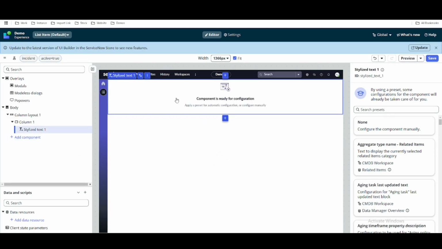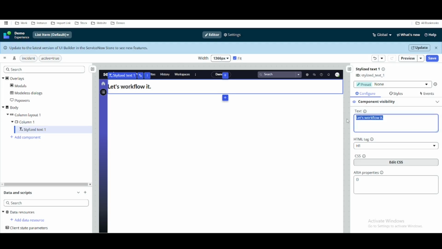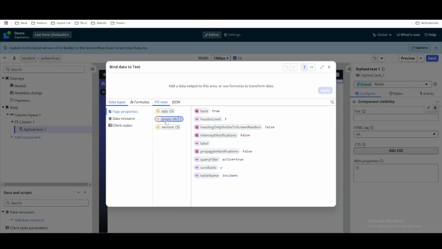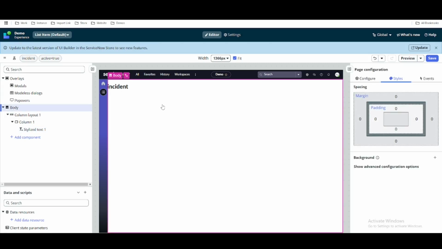Now the first thing is that this is the stylized component. In this stylized component we want to put the table name, so we'll select none here, and then we'll put the table name. So we'll go here and dynamically select our property, and then select the table name. In that case we'll double click that and apply it. So in the top we want to show a table name called incident, and in the bottom we want to